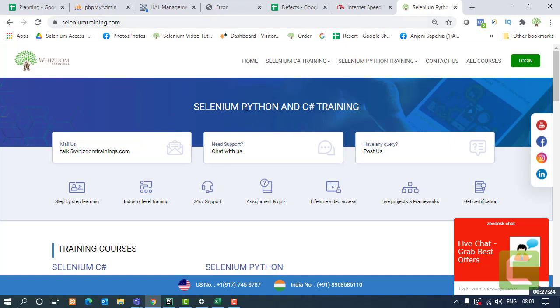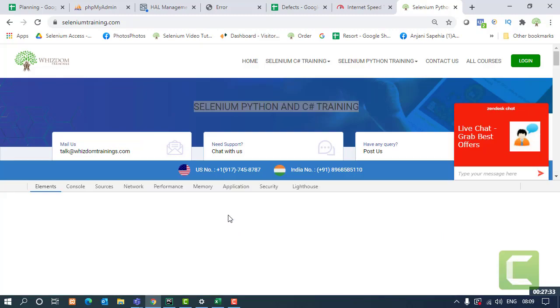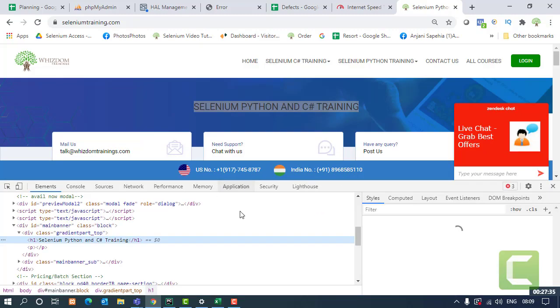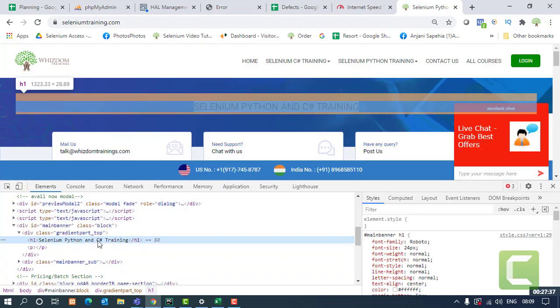Let's say this is the website that I have, and this is the text that I want to get on my console. So I'll inspect this. I'll see whether it has an optional attribute or not. So over here, this particular element does not have any of the optional attributes. No class, no name, no ID.